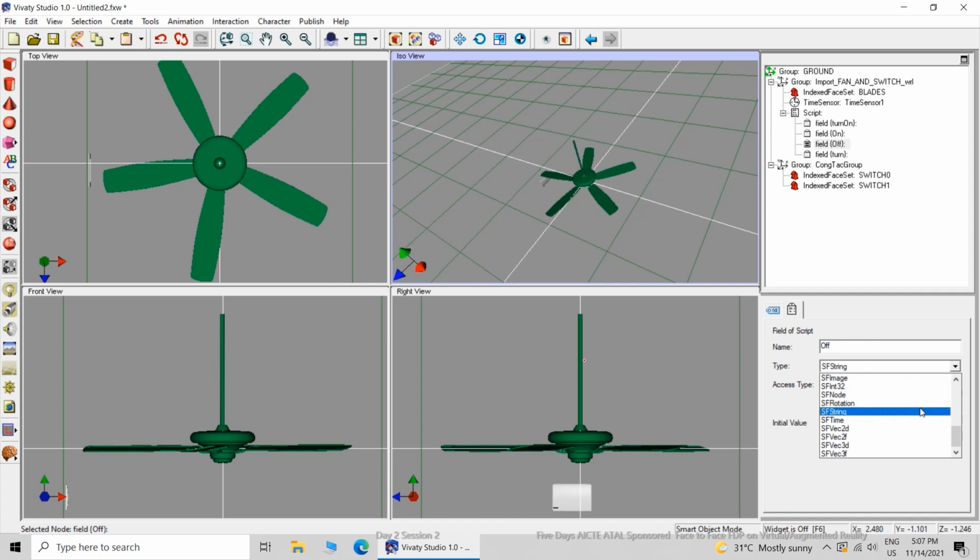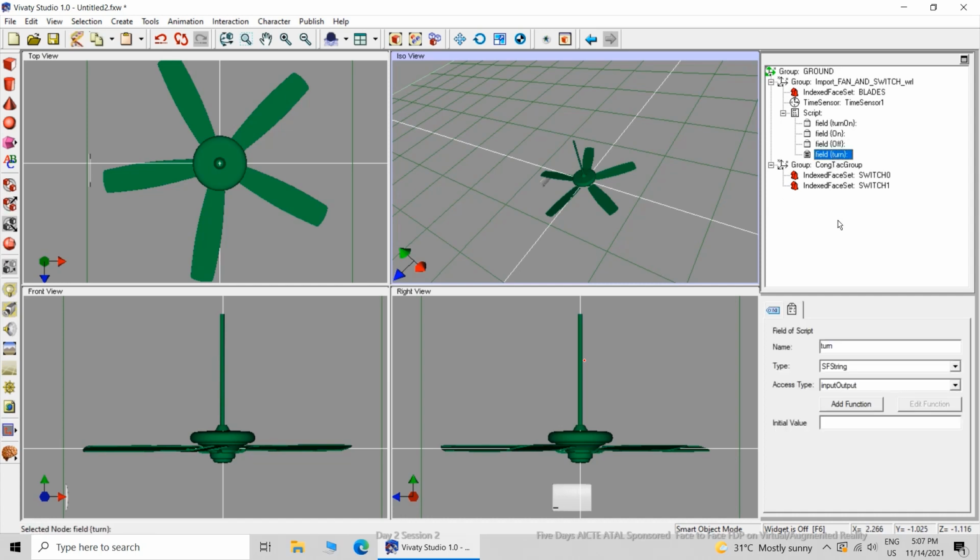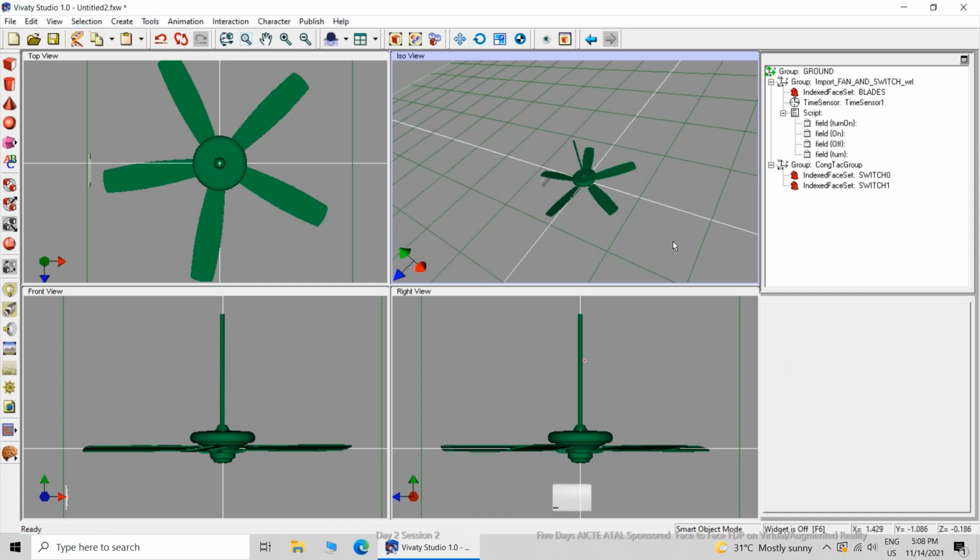The third will be off, type bool and output only. Again click in a blank quadrant, any of the quadrants, so that the changes take place. Again accept bool, you have to select initialize only, and that's all.